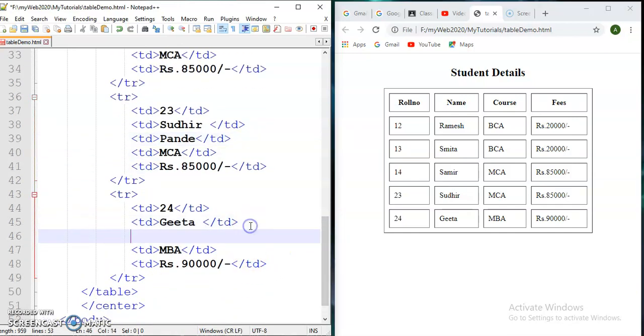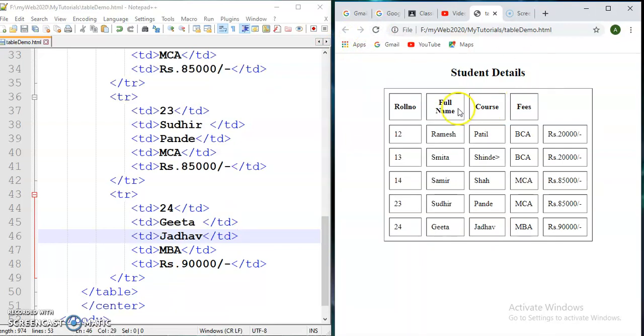In my data rows there are five columns, but in the header we know there are only 4 columns. Now I am running this. We see here one column header is missing. Now I want this full name for these two columns, means I want to merge these two columns and give the header like full name. Then if I merge these two columns, course automatically goes to here and fees automatically goes to here.